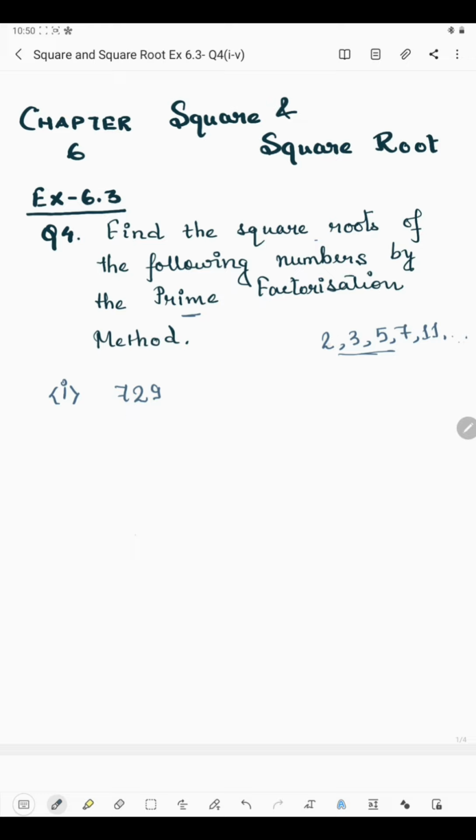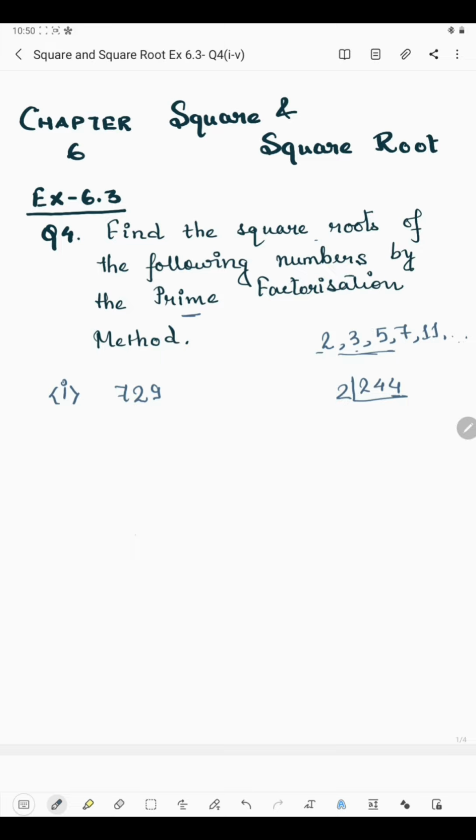Now why are these prime numbers? Because this number comes only in its own table. So at first, if I take a number, say 244, the last digit is an even number, so it will be divisible by 2. So we will take 2 at first, and we will continue taking 2 till it is divisible by 2, and if it is then not divisible by 2, we will take another number.